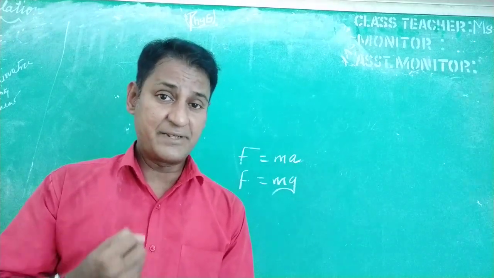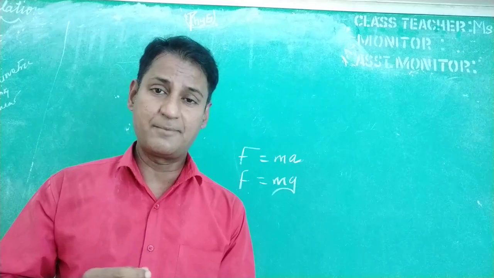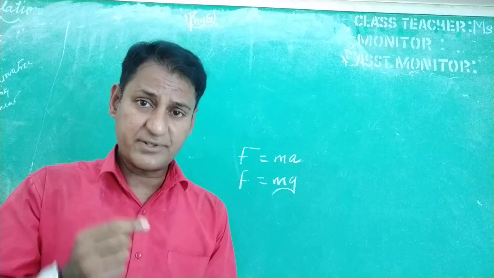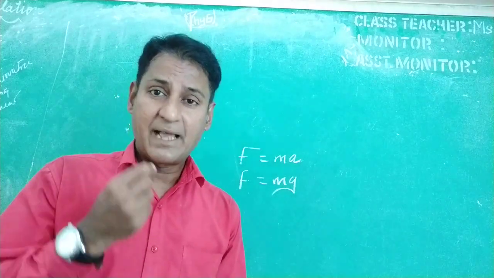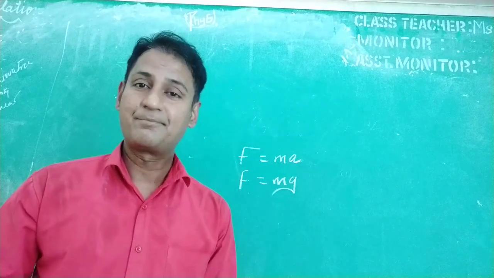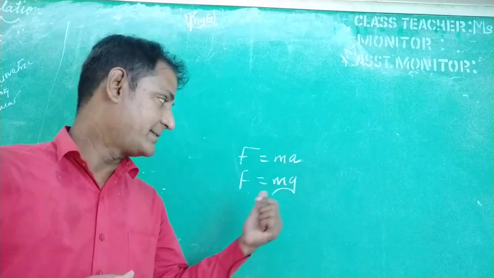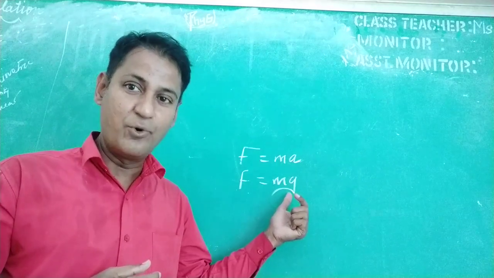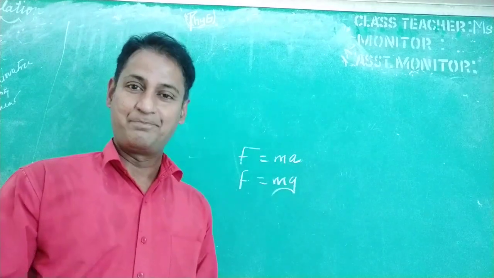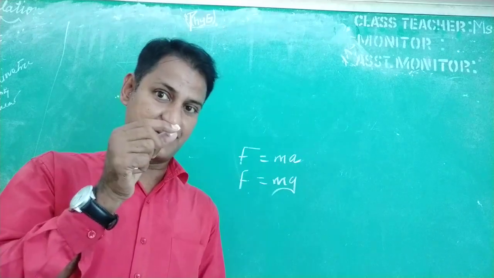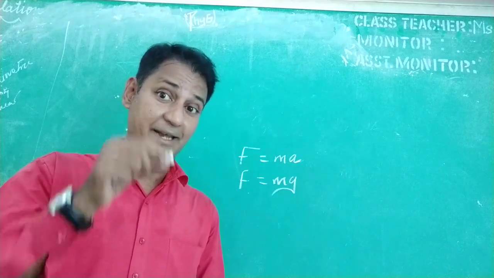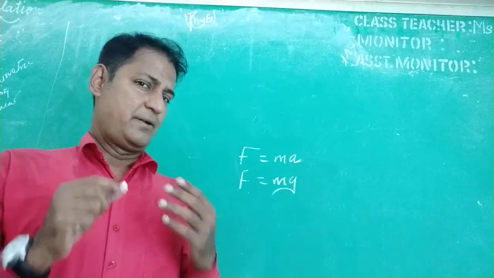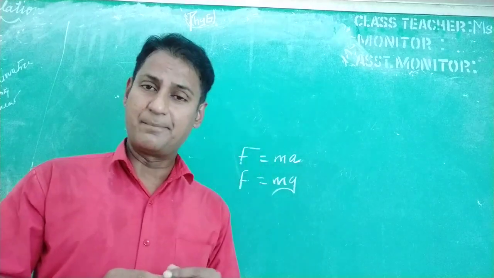So here the change in velocity with respect to time is called acceleration, and since this happens because of gravity, it is called acceleration due to gravity. The symbol for it is g, and this is the force due to gravity. So the force acting on this chalk piece whenever I drop it towards the earth is the force due to gravity. Now go to F equal to ma.